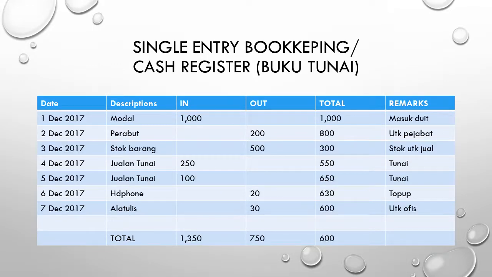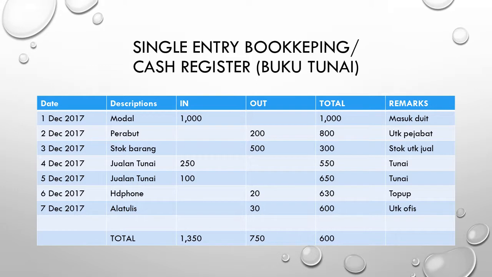Okay, this is a single entry bookkeeping transaction that has been made for 1 week. Okay, 1st December, we put in cash as capital 1,000, so the total gives 1,000. And on the 2nd December, we spent 200 to buy furniture, so the money has decreased to 800. And on the 3rd December, we purchased inventory, stock barang, for 500, so the amount has also decreased